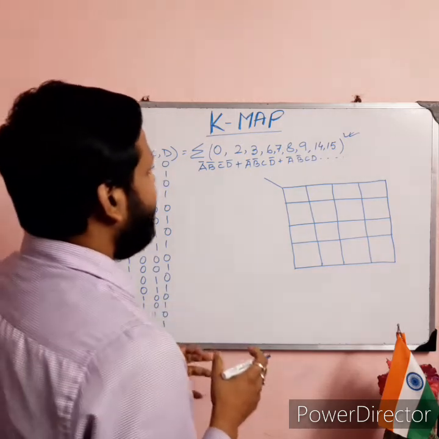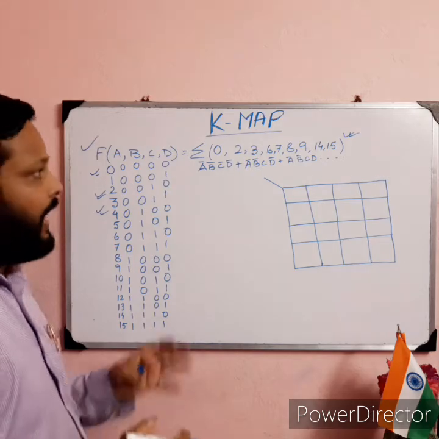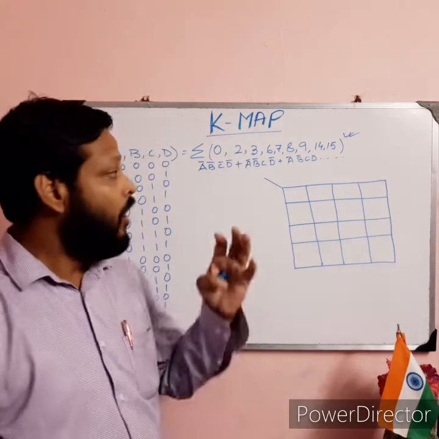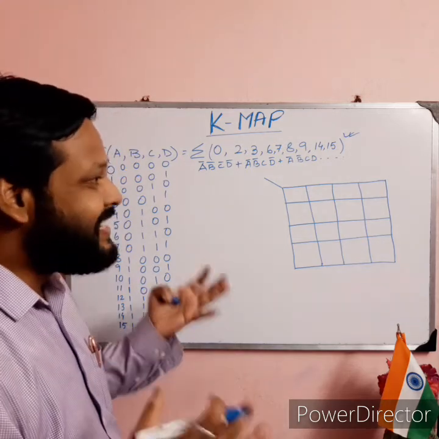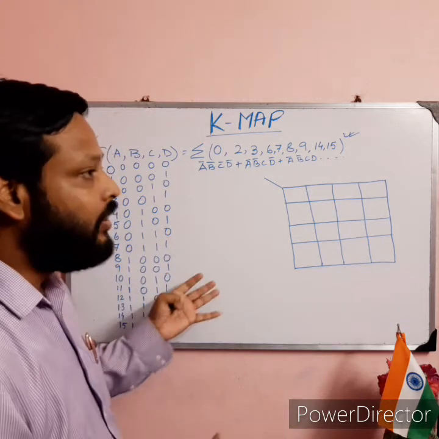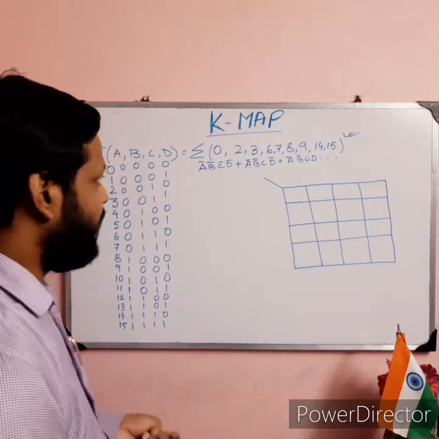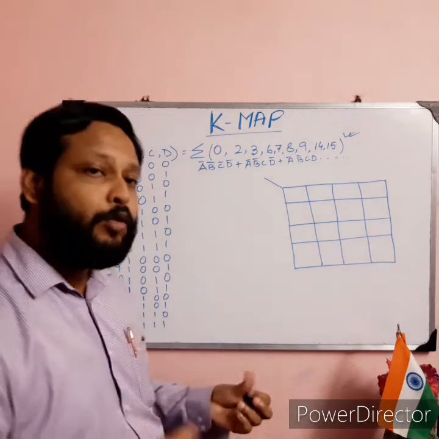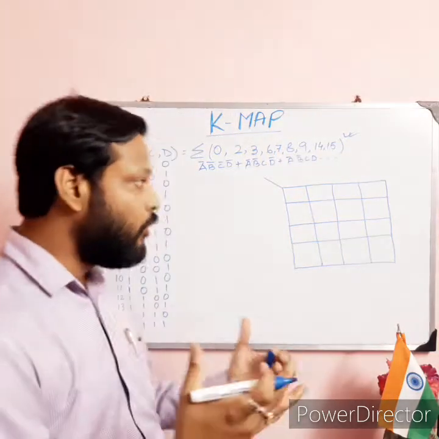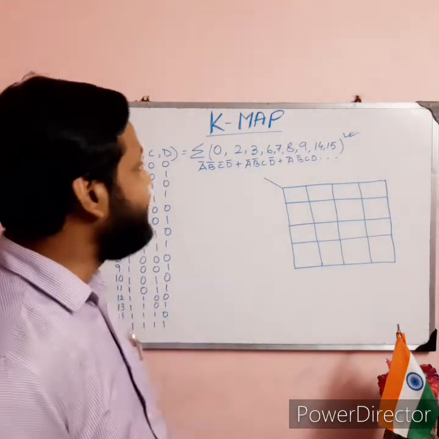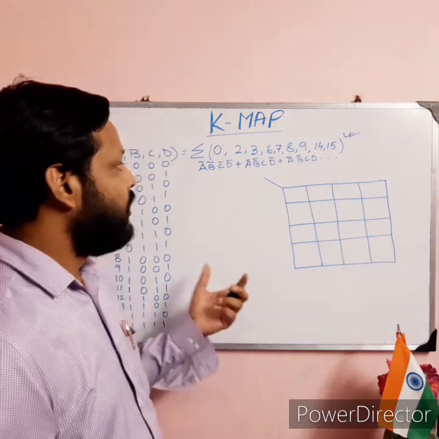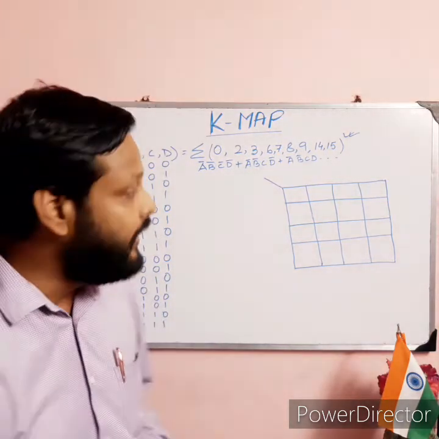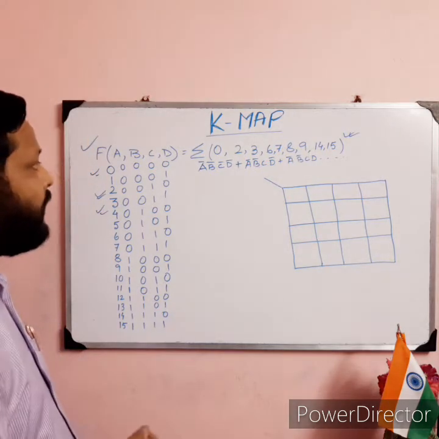addition of 9 terms. And now if I want to reduce this expression using a truth table or Boolean law, just think of the length of the solution. So K-map is a very easy technique. We have to make a very close friendship with this K-map, and it is the easiest one. Only a few steps and a few things we need to remember.